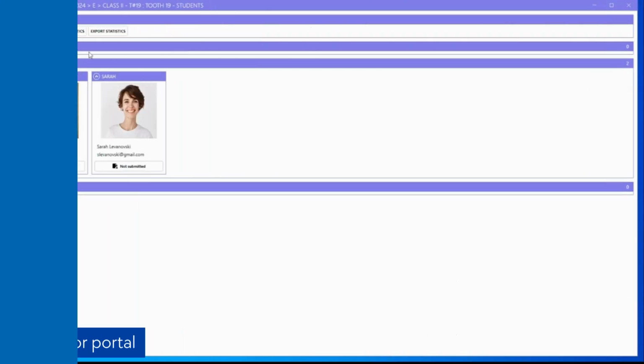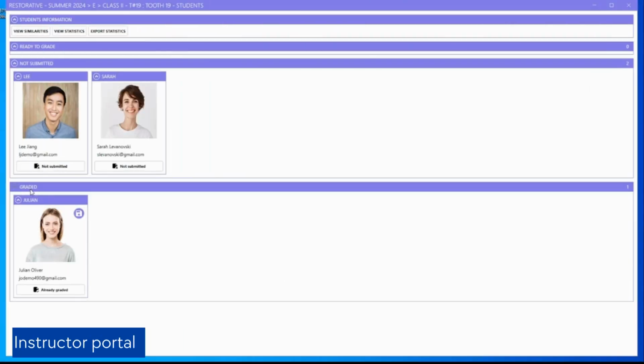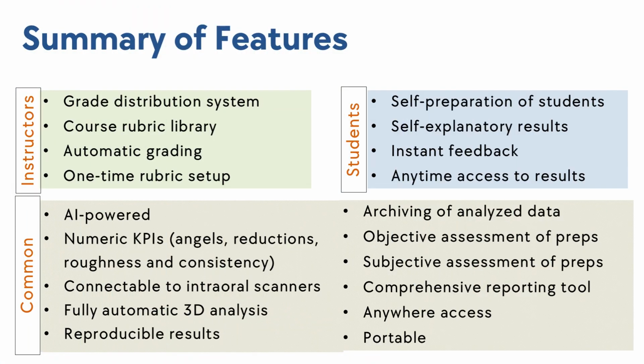After the student is graded, the tag changes to Already Graded, and the student is moved down under the Graded category. If the instructor changes the rubric after grading, the button changes to red, indicating that the instructor should review the metrics and regrade. In summary, the PrepScanner app facilitates efficient auto-grading of students, crafting tailored rubrics, and reviewing scanned